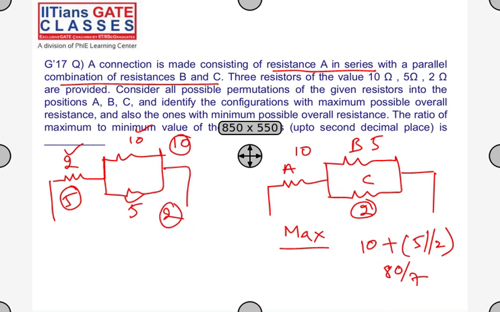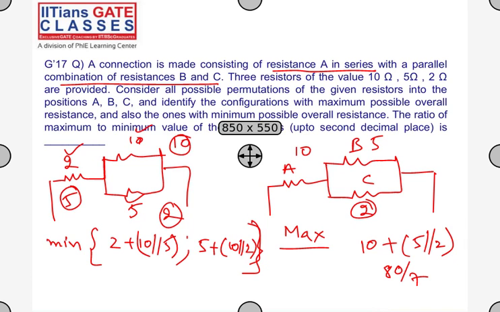So what I'll do is find the minimum of these two: 2 in series with 10 parallel with 5, or 5 in series with 10 parallel with 2. So minimum of these two. 10 parallel with 5 is 10 by 3. 10 by 3 plus 2,